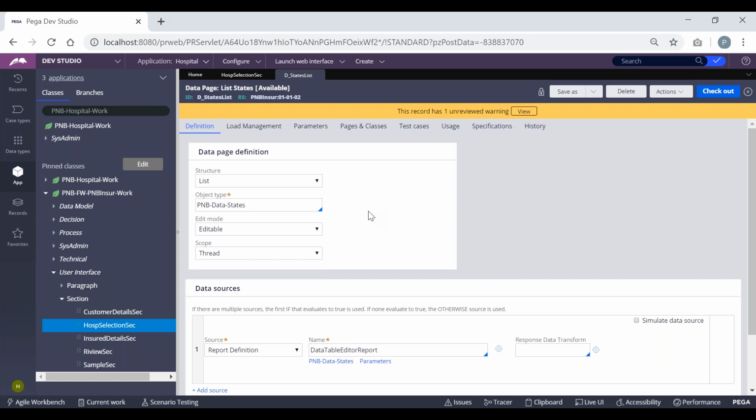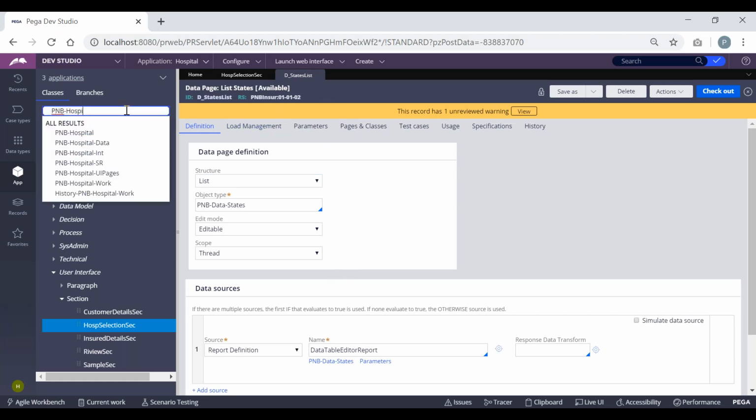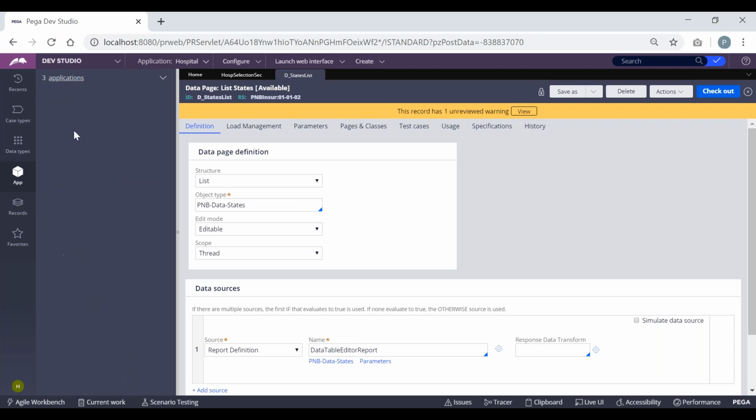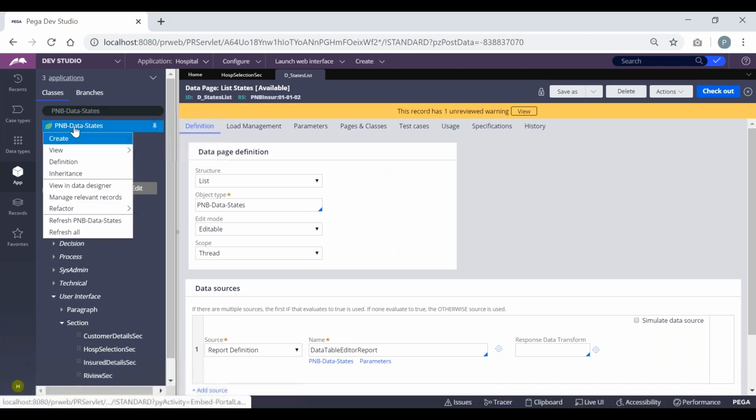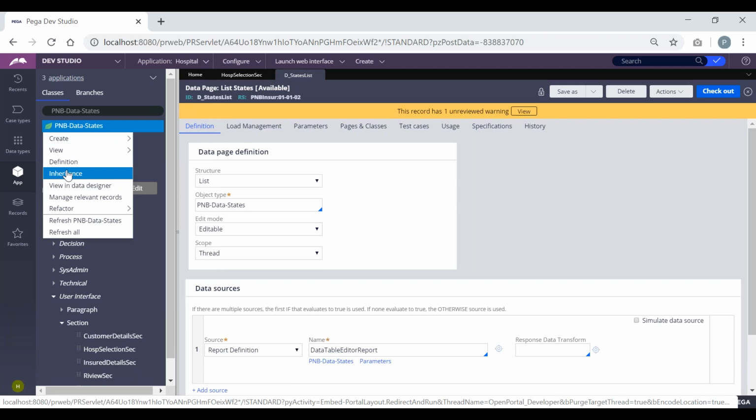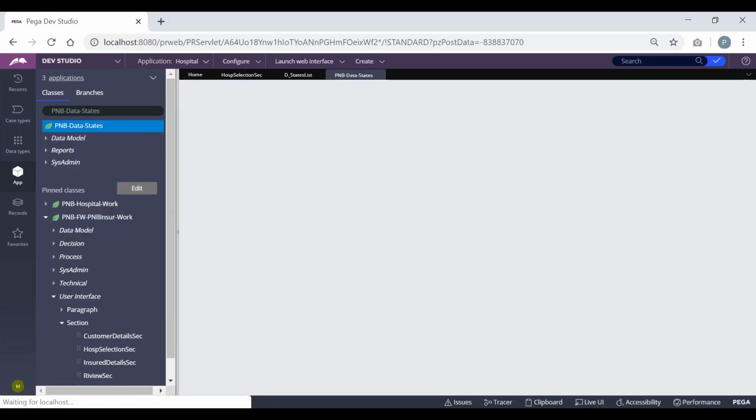So if we have the data page ready in our clipboard, it will not be interacting with the database. So that is one advantage, and there is also some kind of disadvantage. Let me tell you the disadvantage. So if I have data in my data class, so this is the class where we are having data. If I create the work object, the data page will be created, and I can see all the data in my work object. So all the states details I can see in my section. So this is what we know.